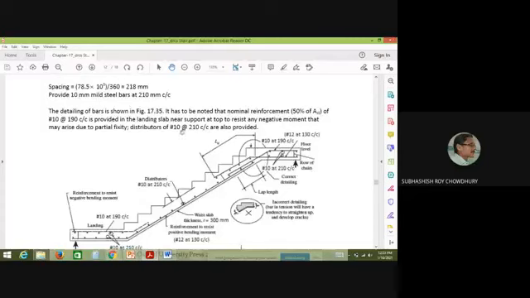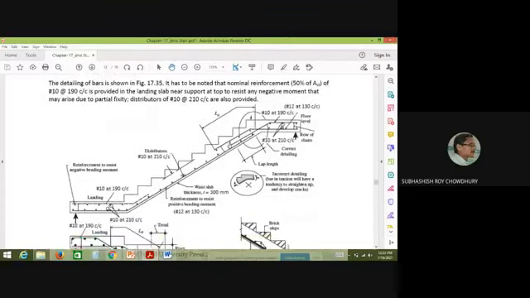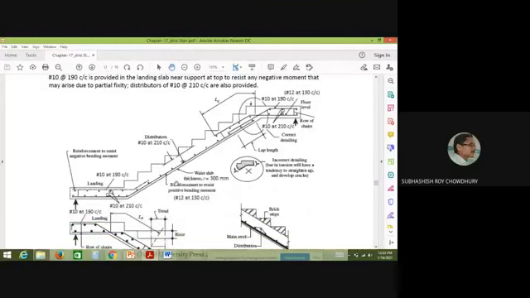And the distributor bars are already calculated. It is 10 millimeter there. So these are the main steel that you are providing, which will be continued up to this end. Then separate steel will be overlapped here, and that is basically more or less half of this one. For the 12 millimeter diameter at 135 millimeter center to center, calculate the half of the steel, so find out the spacing of say 10 millimeter diameter bars. So they are overlapped here. This steel will be resisting the tension at the top near the support.